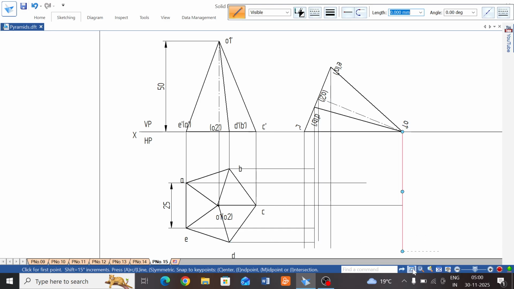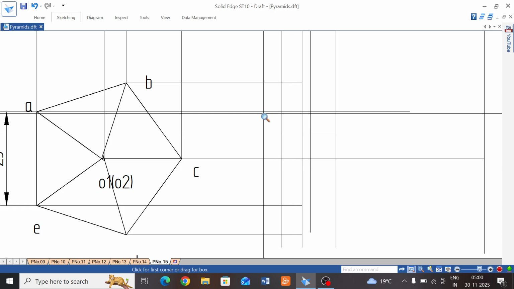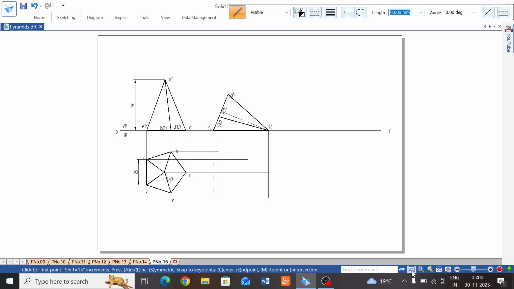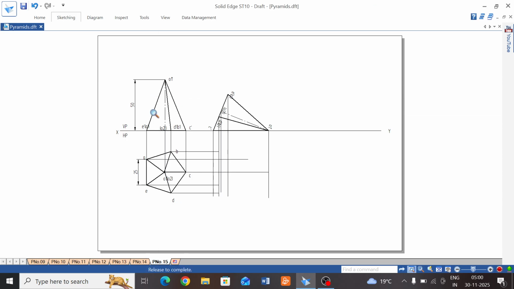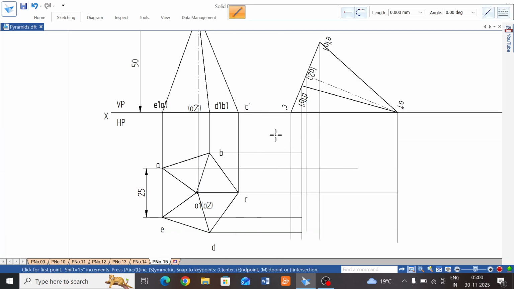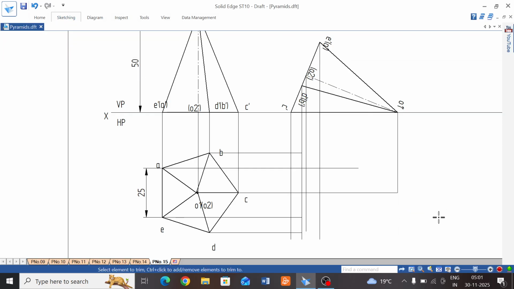and now we can zoom this, you will get a better picture. The points are A, B, C, D and O2 and O1, and still the points are very near, you can zoom this much to mark those points. Start naming, and extra lines you can trim. These are all the points,